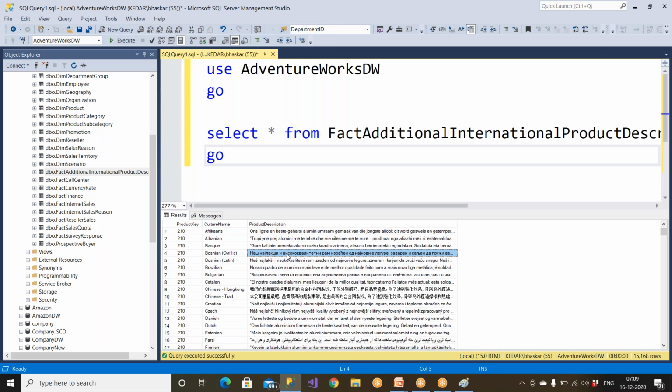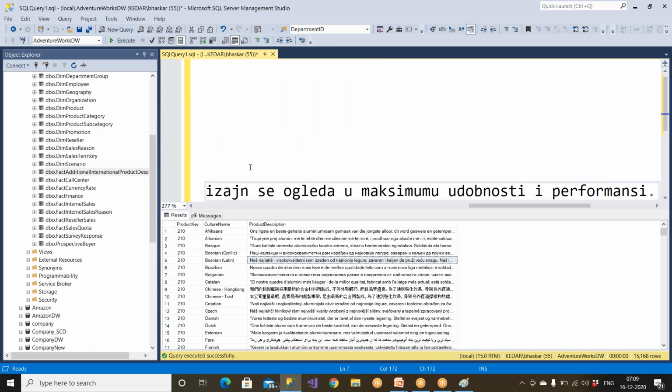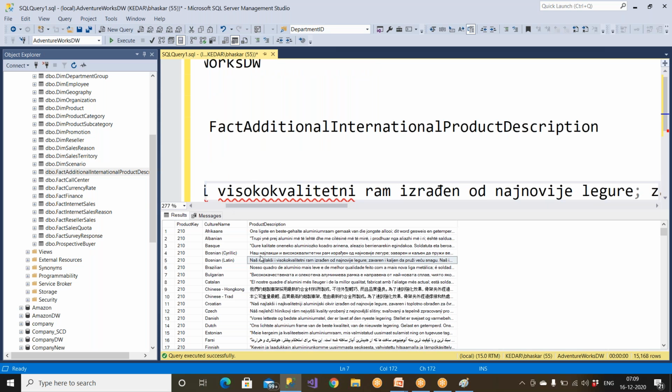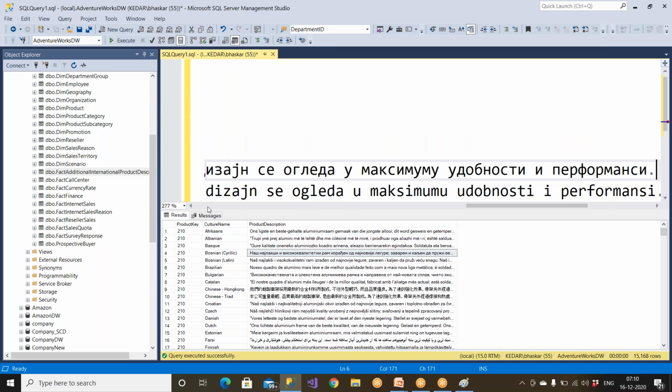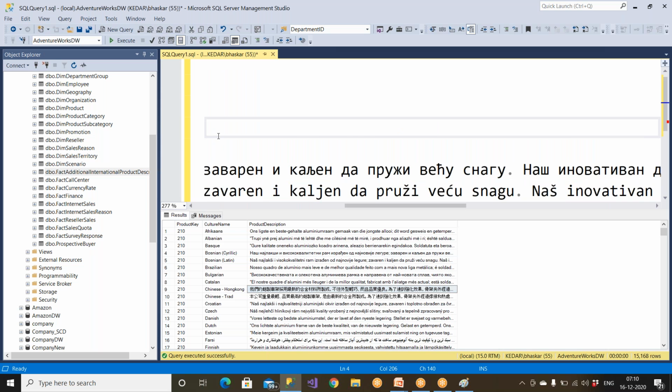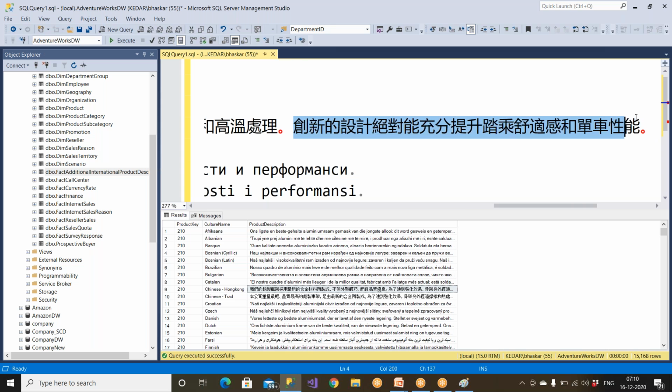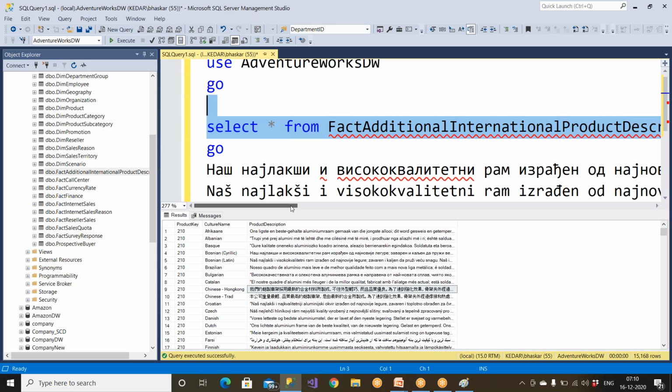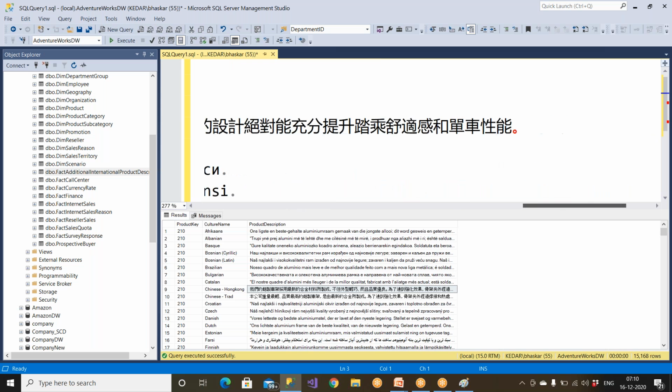So this data is Bosnian, Latin language. Now you see, read this data. Let me copy and paste it. Anybody can read this. What is this language? This is not English. Do you think that it is English? Is it English or Chinese? Now SQL Server is storing the data as it is without conversion. This is what is called the beauty of